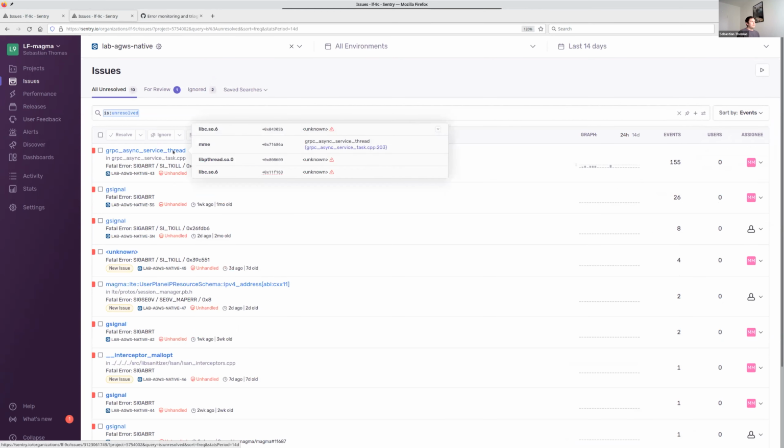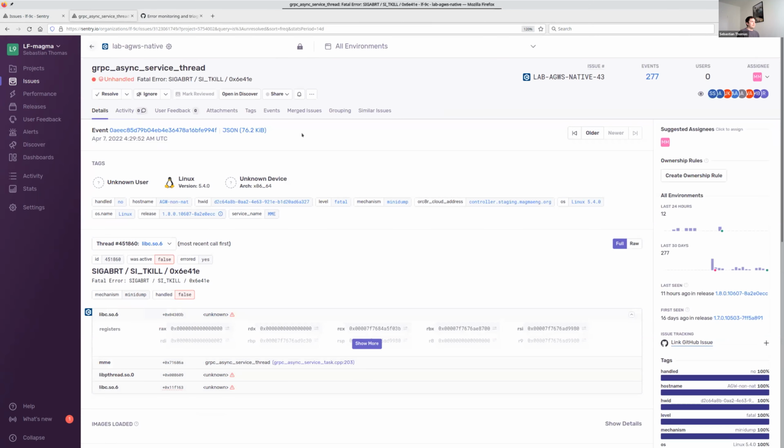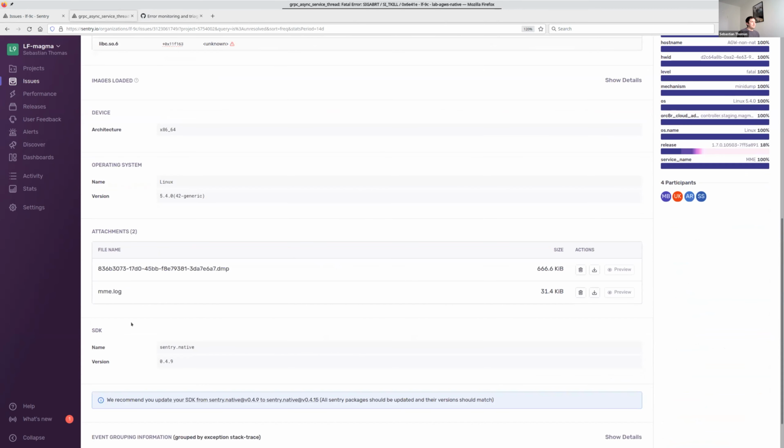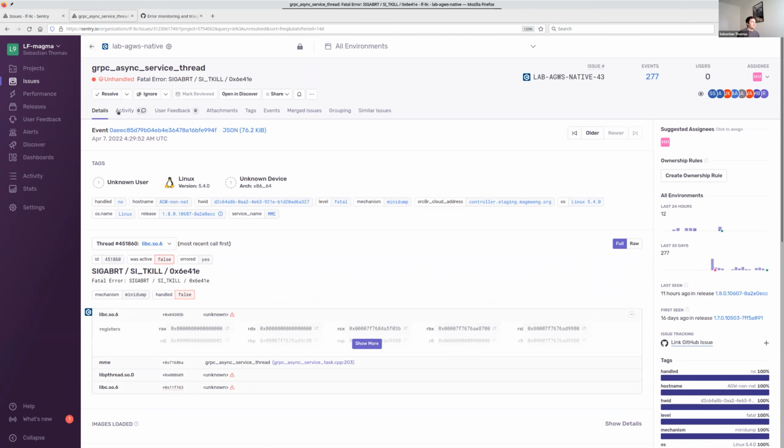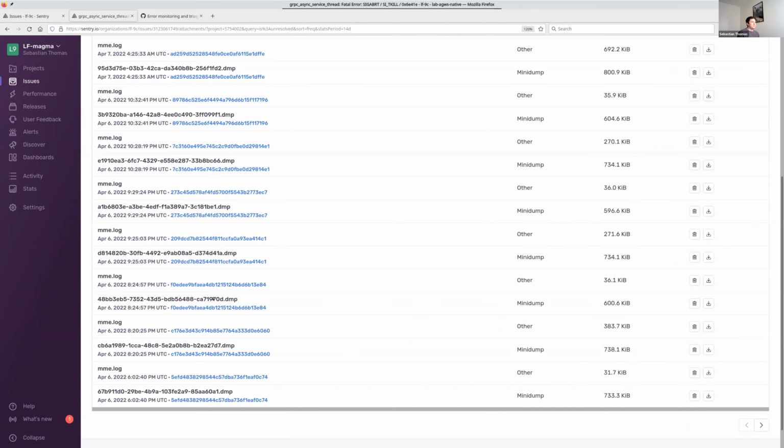And if I go on any of these errors, I can see the details that Sentry collected for this error. These are interesting, for example, the tags which show you which release it happened in, which service was affected, hardware IDs, gateway names, and so on. And for C++, you see a stack trace and a list of registers, but usually it's not really human readable. So what you usually do is you look at these attachments and you download the dumps and the applications in the correct versions, which are also available here under the attachment page.